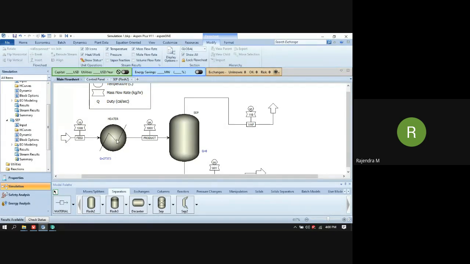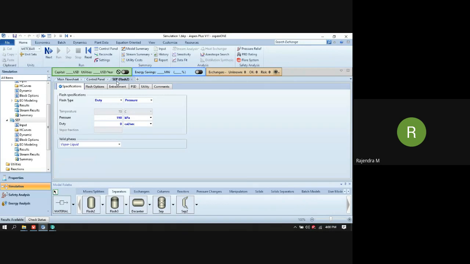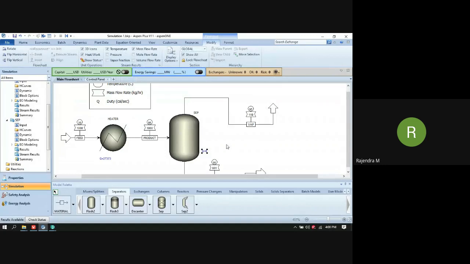And we do not provide any duty to this separator. It means that for the specified pressure of 1.9, it has calculated how much vapor rate and how much liquid flow rate there will be.